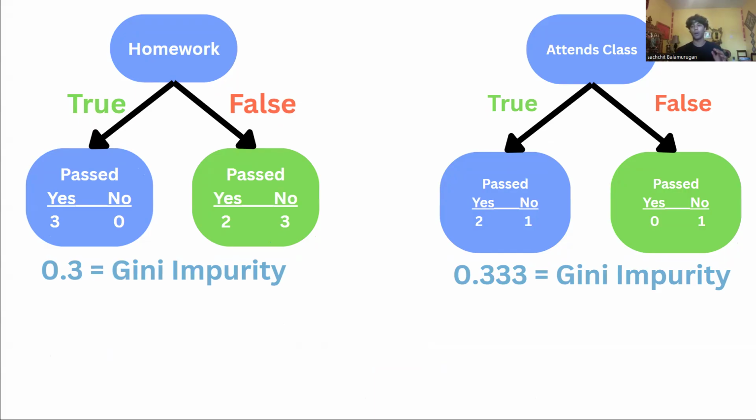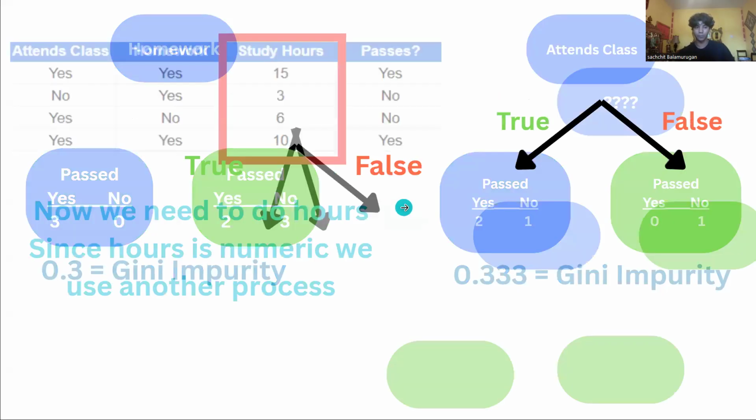Okay. And remember, our goal is to have the lowest Gini impurity possible. So you always want the lowest Gini impurity to be your base question, right? Because that's your strongest one. That's the one that you can filter down the most, right? That has the most pure leaves possible, right? Because if you have the most pure leaves, that means you have the most data that can filter everything down properly, right? So the goal here from now on, you'll see after this how you can use it, but it's going to be the pure leaves.